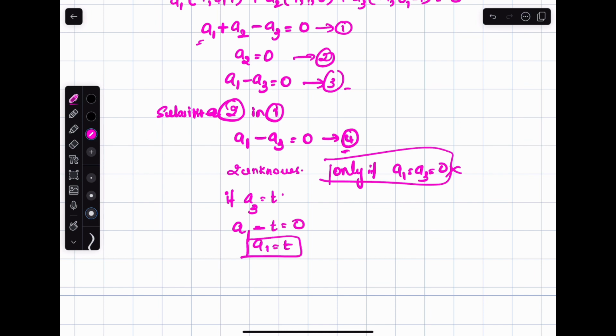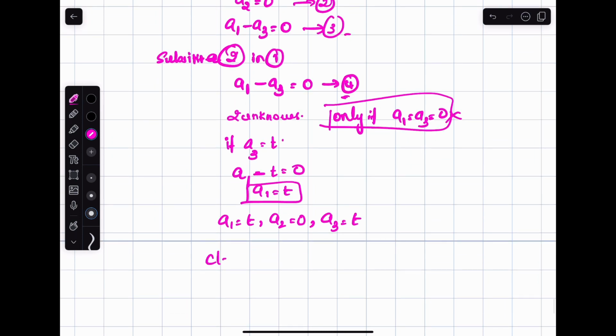So a1 is equal to t, a2 is equal to 0, a3 is equal to t. Clearly it is a non-zero solution, and it is linearly dependent since we have the term t. Hope you understood this. We'll follow up in the next